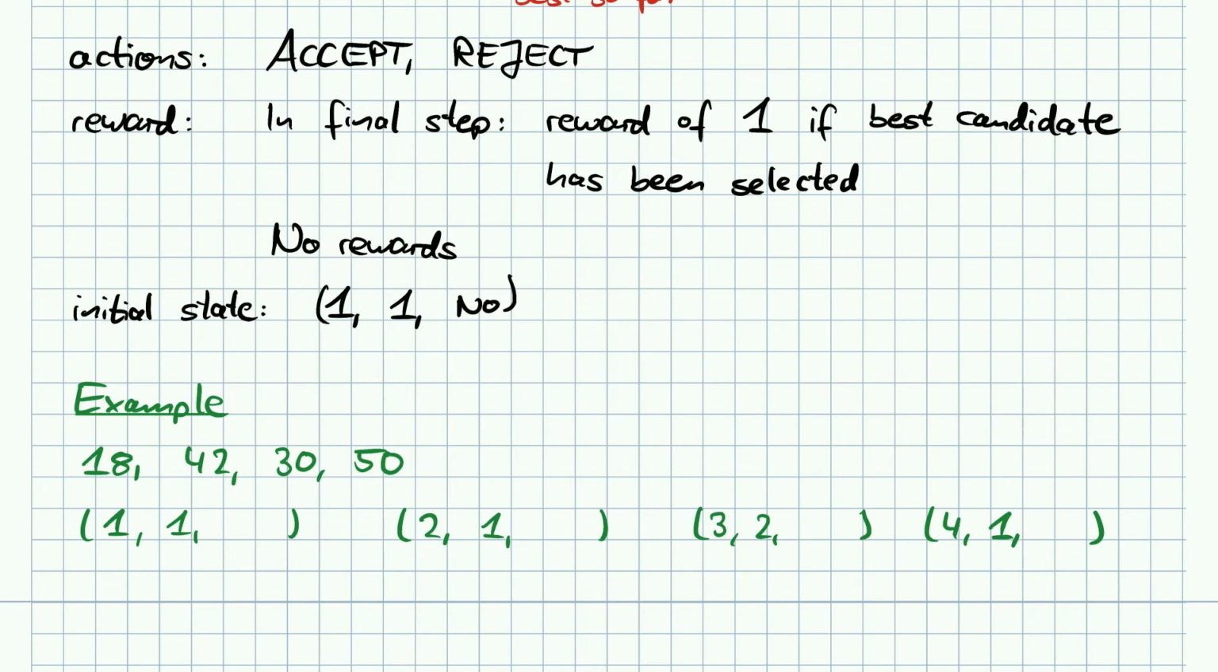This will look like this. So we'll only count up the step number in the first component, and in the second component we'll keep track of the relative rank. So the relative rank on here is of course 1, then the relative rank is again 1, then the relative rank here of the 30 was 2, and the relative rank of the 50 was 1 again. And let's now say that we